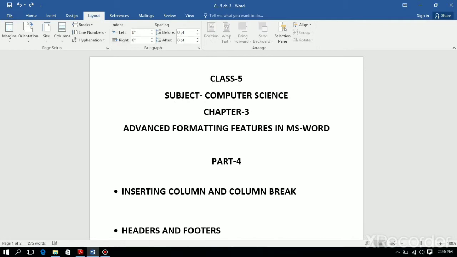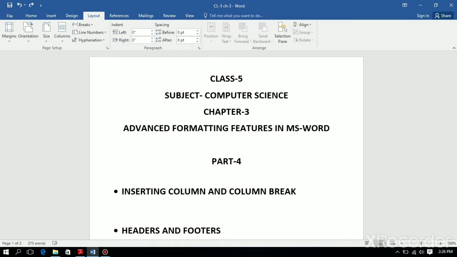Okay children, so the instructions I have given show the column option which can be applied to your MS Word document. Now children, in case we add new text to a column in the middle, the text adjusts itself automatically and flows to the next column. You may insert a column break if you want a particular text to be at the beginning of a column. Anything that is entered after a column break is shown at the beginning of a new adjacent column.